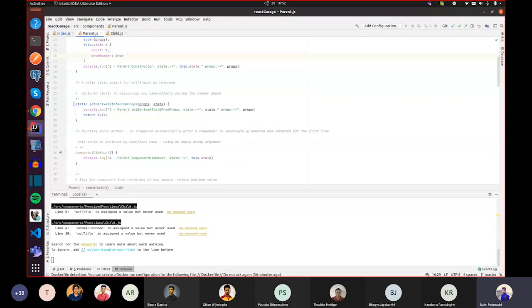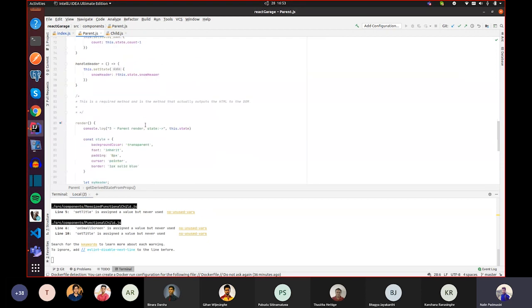And the next function here is defined as static to avoid unnecessary renderings. Every time this function must return either a null value or a state object. So you could update your states here if you need.